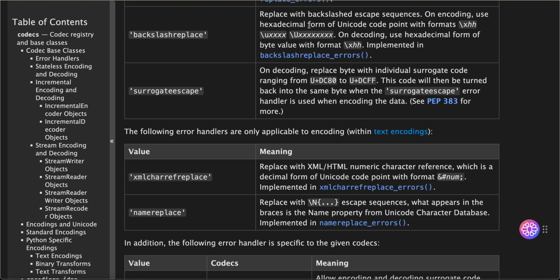On encoding, use the hexadecimal form of the Unicode code point with formats \xhh, \uxxxx, \Uxxxxxxxx. On decoding, use the hexadecimal form of the byte value with format \xhh. Implemented in backslashreplace_errors method. Surrogateescape: on decoding, replace byte with individual surrogate code ranging from U+DC80 to U+DCFF. This code will then be turned back into the same byte